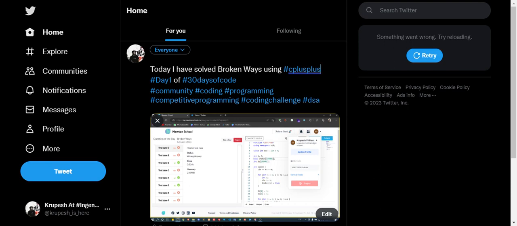After that, write the day, after that the hashtag 30 days of code, and hashtag community is really important, so that we can match the hashtags. Make sure you put these two hashtags, and we will share the content in the group also. Like this you need to share. Put your screenshot, and in that screenshot, make sure your name and your mail ID are displayed and your test cases